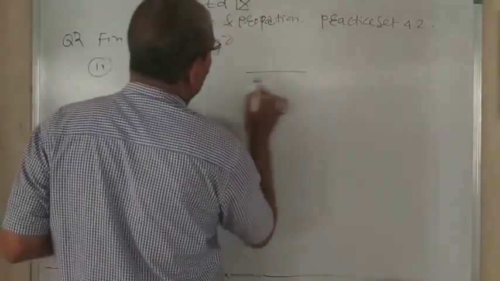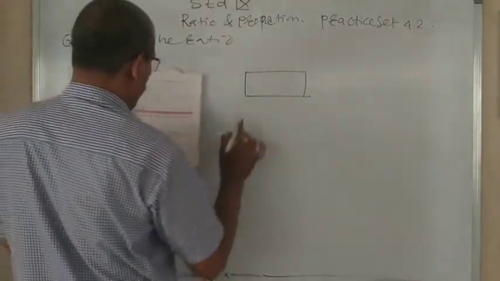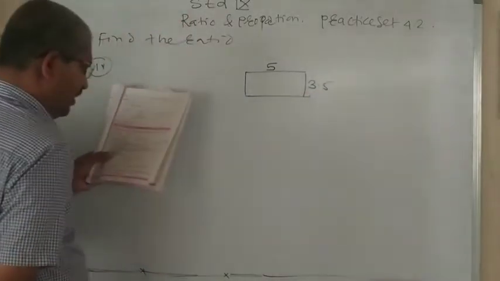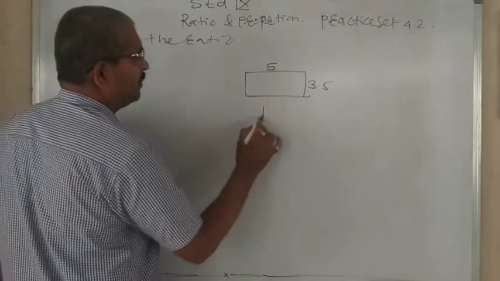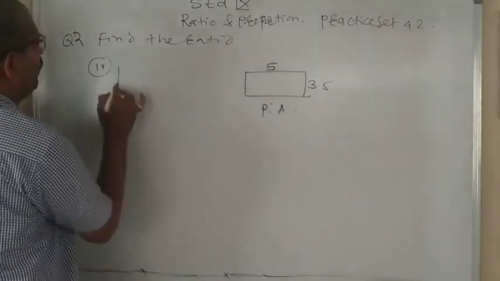Here in question number 4, this is 5 cm, this is 3.5 cm. Find the ratio of perimeter to area. If you have to find perimeter to area, first we have to find